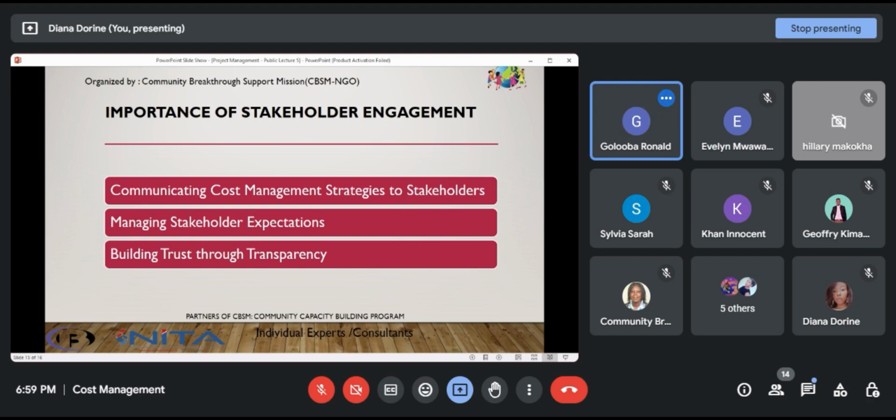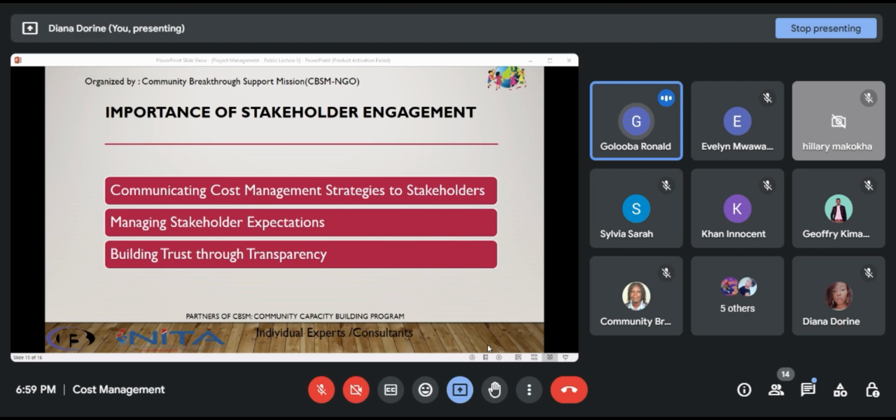So we have the importance of stakeholder engagement in cost management. So here we are looking at communicating cost management strategies to stakeholders. We talked about that, managing stakeholder expectations and building trust through transparency. So while you are doing all this cost management, you should engage the different stakeholders. And that transparency while communicating with stakeholders regarding cost management